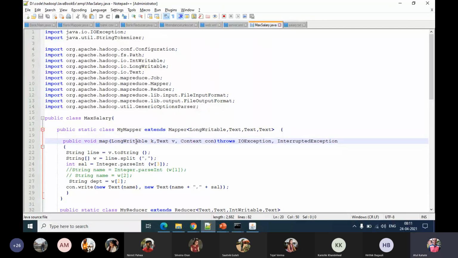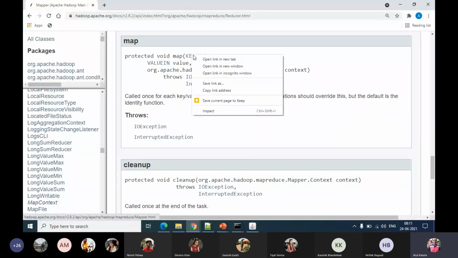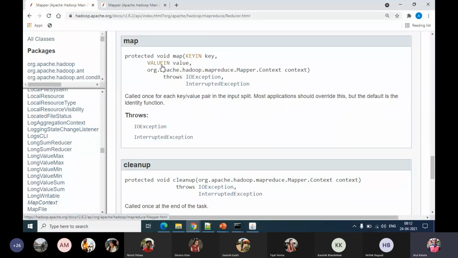So we take the input key, the input value. That's what we write to the appropriate output. So we actually set the key and the value before we write it.